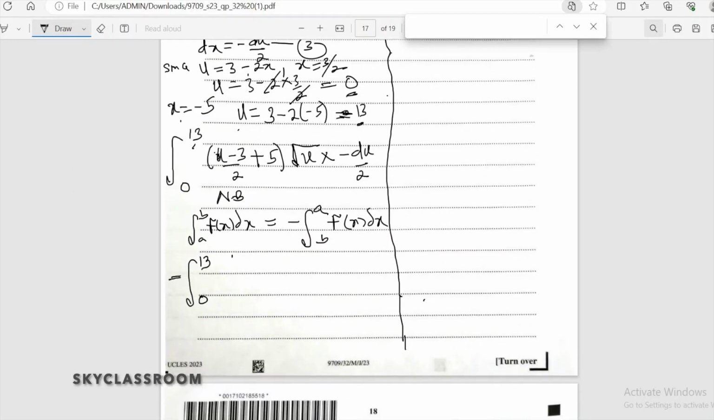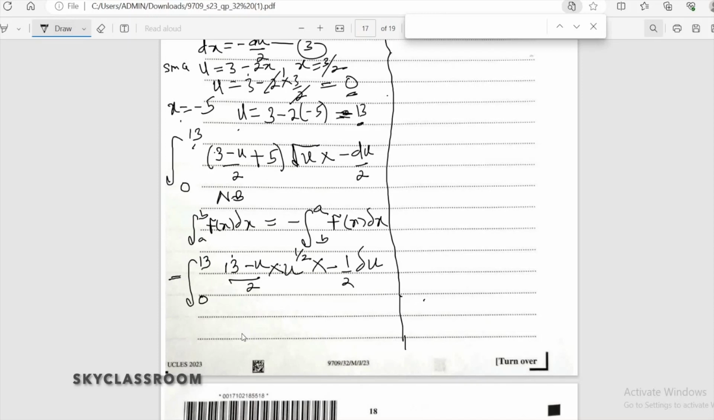So it's 3 minus u. So at the end of the day, we have 2 times 5, 10, 13 minus u over 2, multiplied by u raised to the power half, multiplied by minus half du,